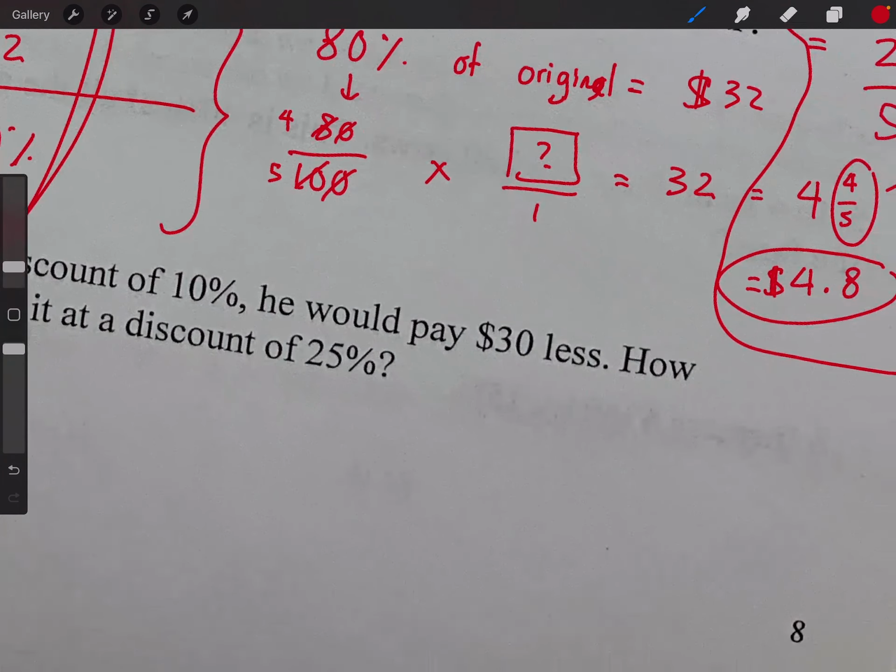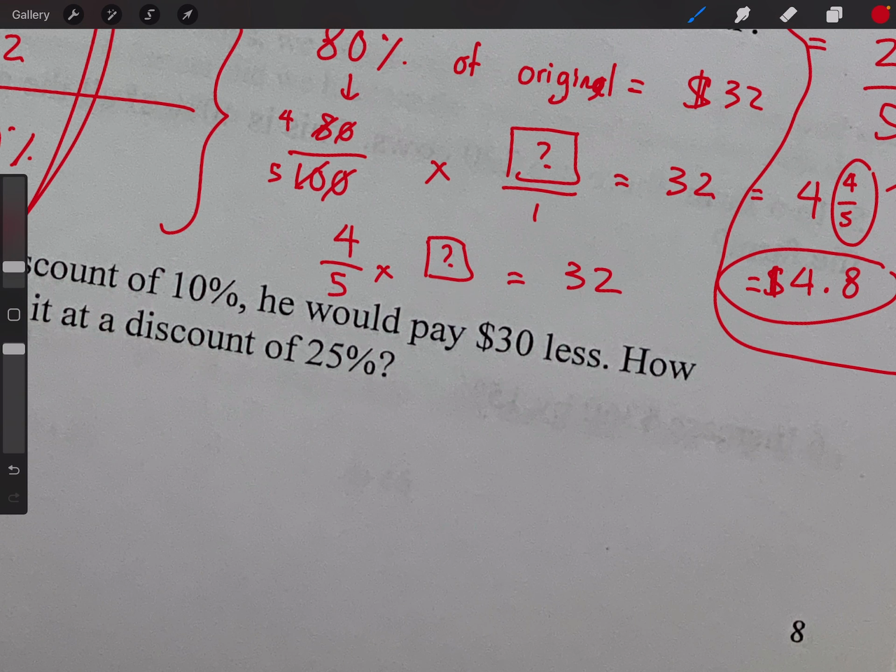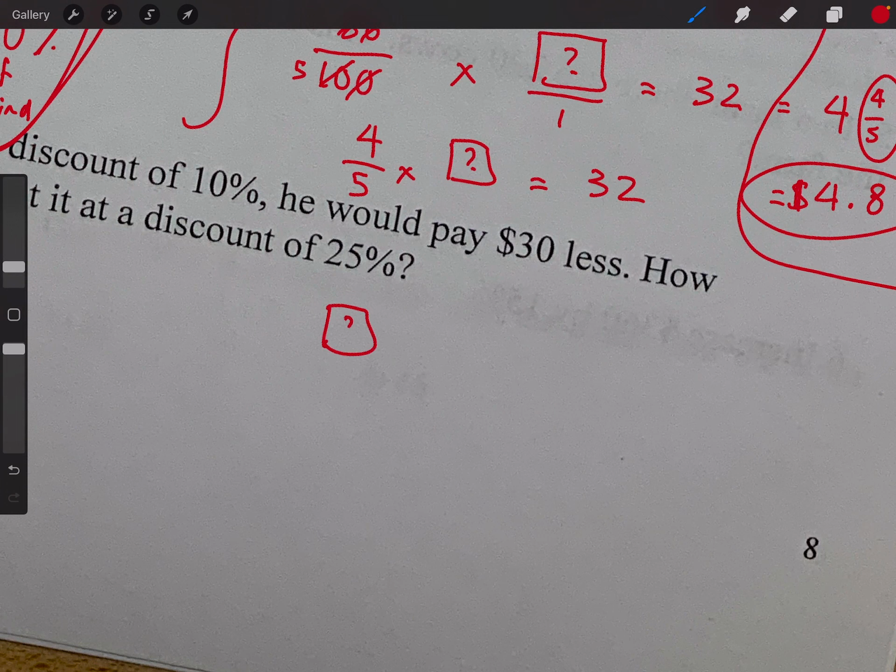Okay, so let's rewrite this. So 4 over 5 times something over, actually, let's just leave it like this. 4 times something is equal to 32. How do we find the something? Well,